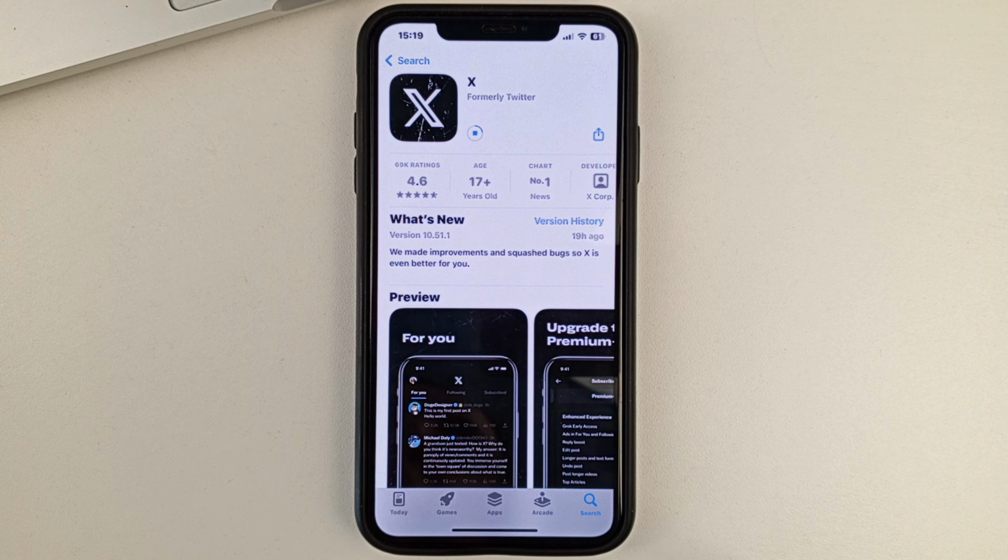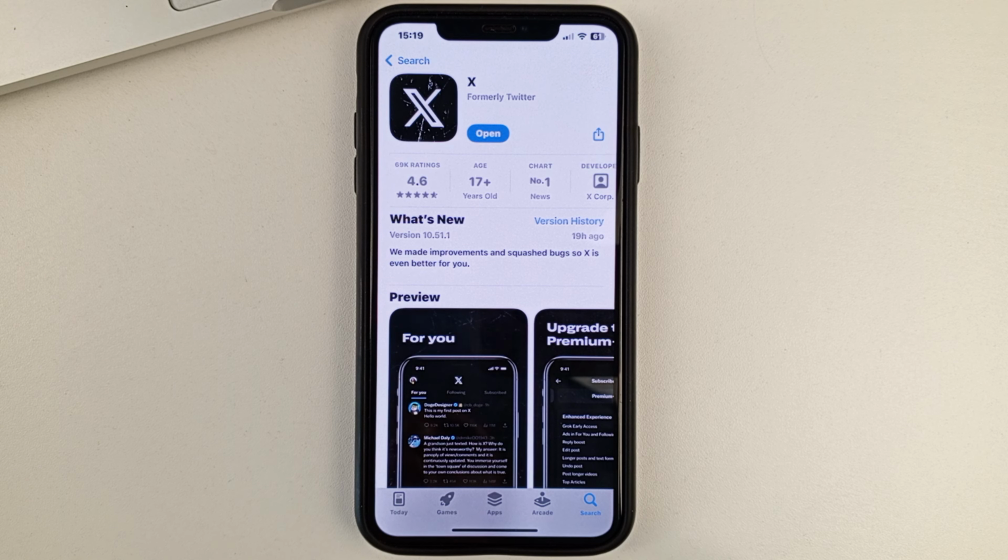How long this process will take depends on different situations. That is, if this application takes up a lot of memory, if you have a lot of information on it, it will take a lot longer to update than it did for me, let's say. It also depends on how well the internet works on your phone.